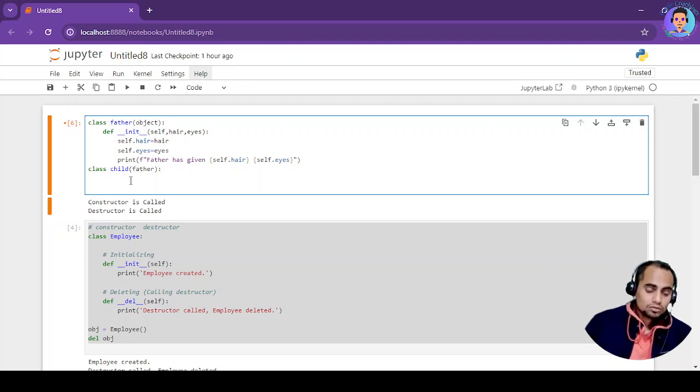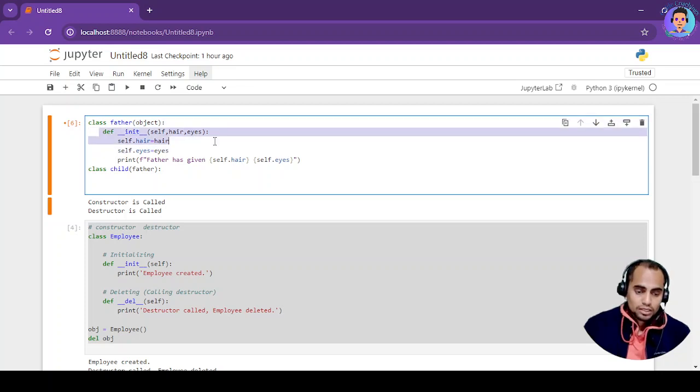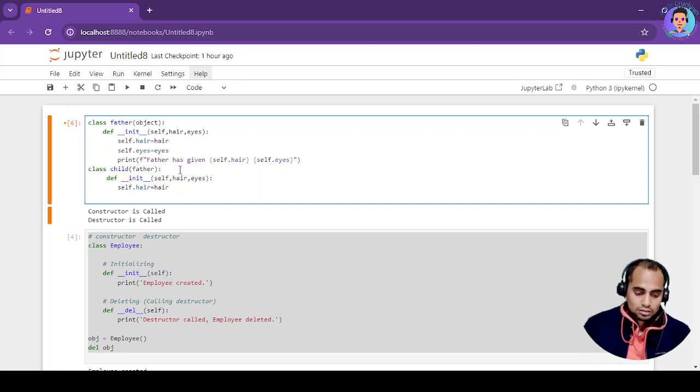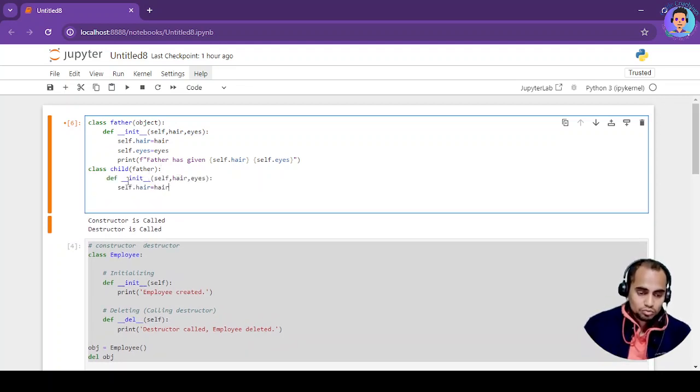Then over here I will be defining a function similar to this one. Once I do it, instead of hair and eyes I'll put nose.